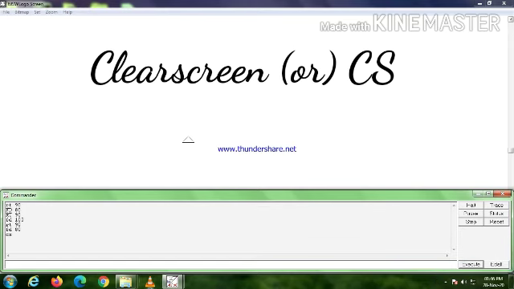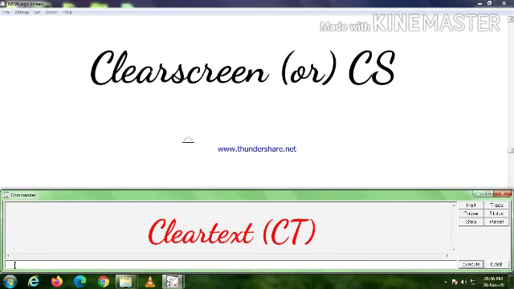Now just look at the graphic screen. The graphic screen is empty now, isn't it? Even though, the unwanted commands are still displayed in the recall list box. So to clear the recall list box, just type clear text or CT in the text box. Now we came to know that to clear the graphics as well as text from the logo window, use CS and CT commands. It will bring the turtle back to its home.